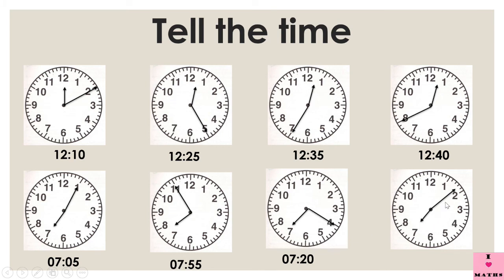Okay, look at this clock. Here, the hour hand is slightly ahead of 7 and the minute hand is, I think, on the 8th division, right? This is 5, 6, 7, 8. 8th division. It means 8 minutes have passed since 7 o'clock. So we will call it 8 minutes past 7. And how are we going to write it? Should we write it 7:8? No. How will we write it? We will write it